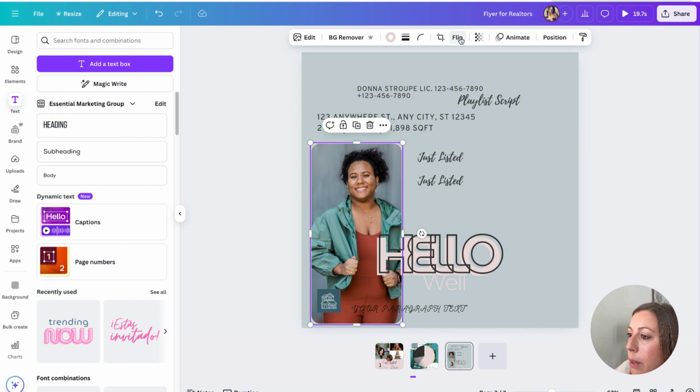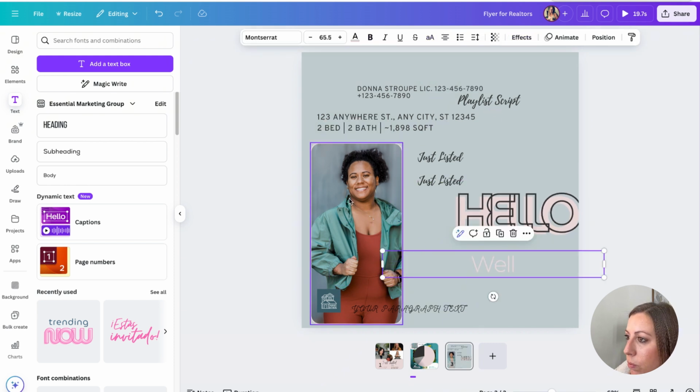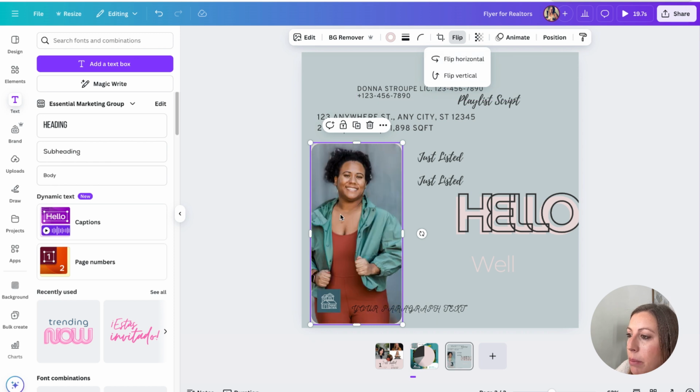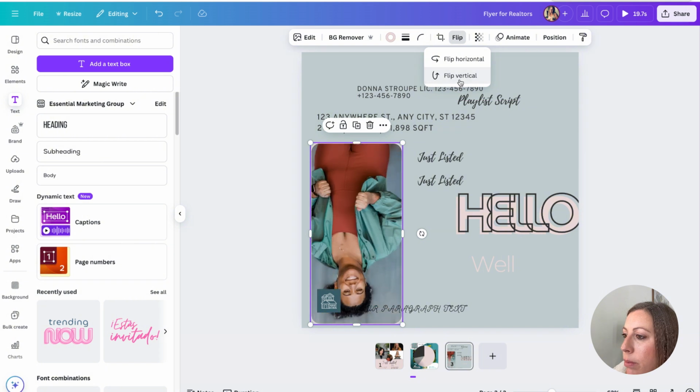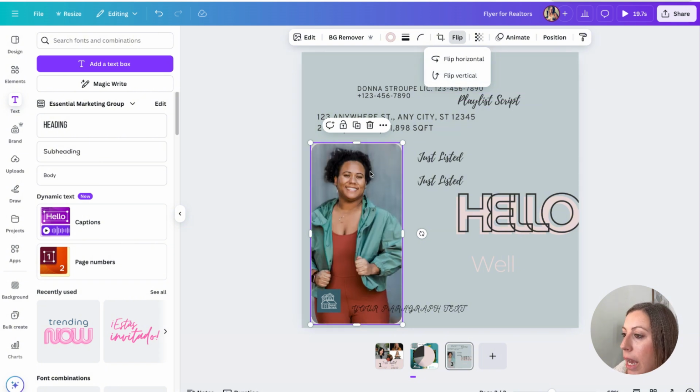I can also flip. So hold on, let me get these out of here. If I go to flip, I can horizontal flip. Sometimes this is really helpful in certain designs, if you need to put a picture at the bottom, but you're kind of over to the side. You can also vertical flip. You won't need that as much, but I have used that to create, let's just say,